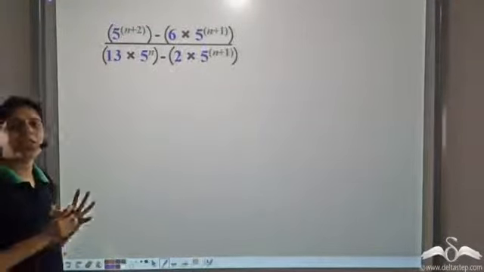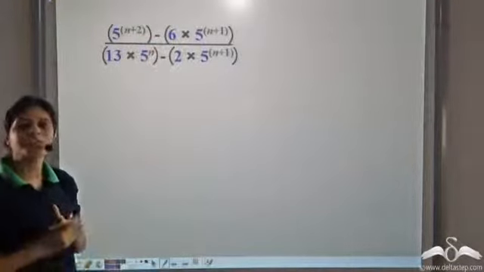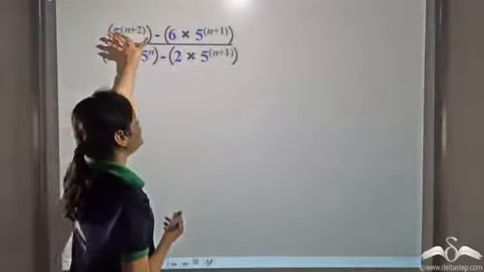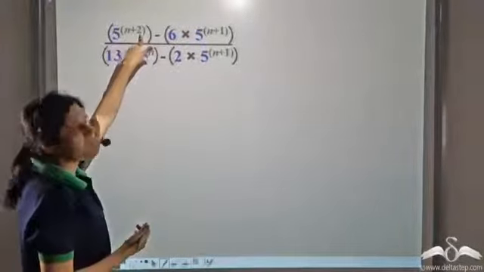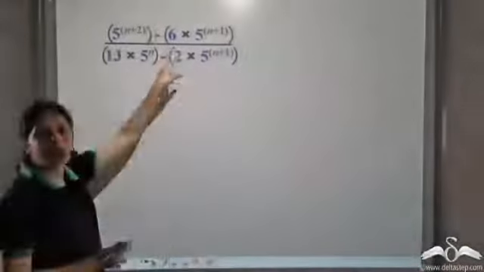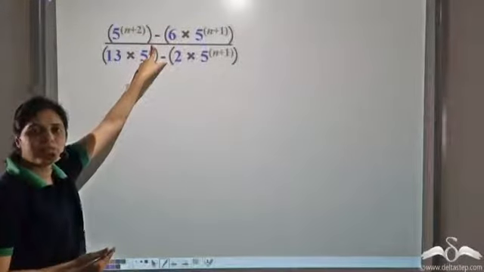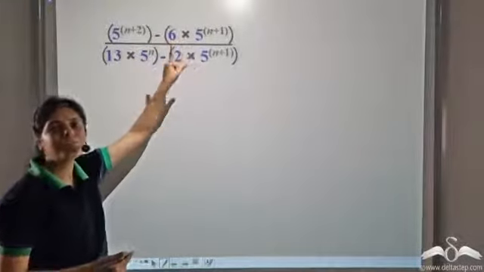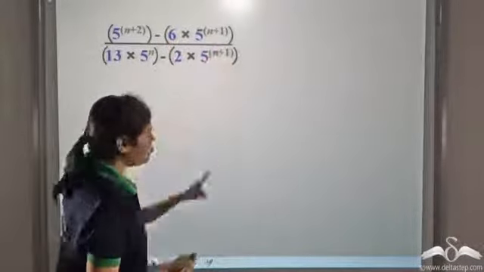Now we take the highest power of 5, which is present in both the terms, as common. So what is the highest power of 5 which is present in this term as well as this term? We have 5 to the power n plus 2 here. We have 5 to the power n plus 1 here. Now clearly n plus 1 is less than n plus 2. So the highest power which is present in both, that is, which is common to both, is 5 to the power n plus 1. So we take